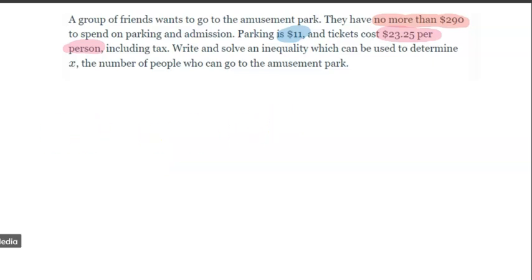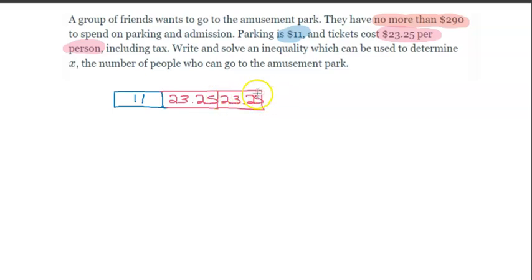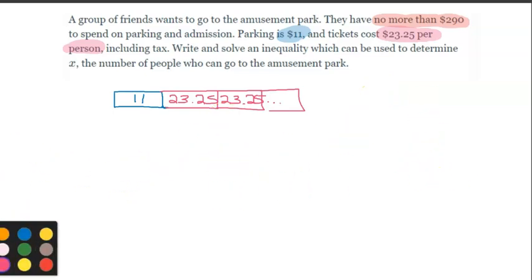So if I do a tape diagram, the first thing I'm going to include is my $11 for parking, because that is a one-time fee. We also know that they are going to pay $23.25 per person, but we don't know how many people there are. And you might remember doing the little dots, because we don't know how many people they can bring, and that's actually what we're trying to find out. Because we don't know how many of these 23.25s we're going to be able to bring. And then the total